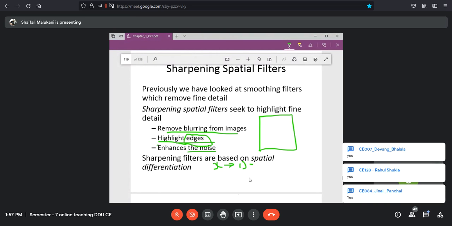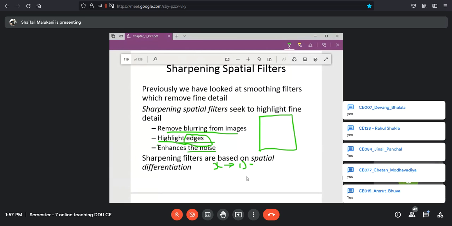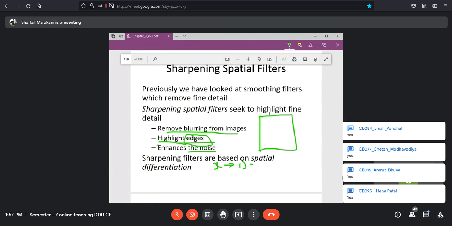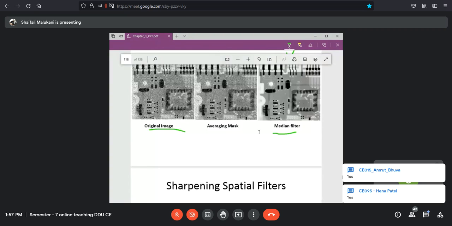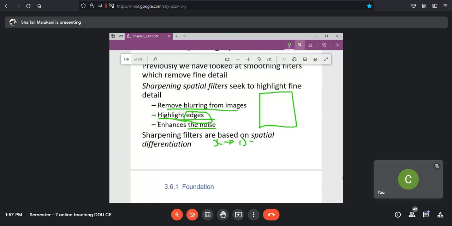Great. Okay, so what happened? Suppose it is a constant region. That means there is no edge, and at that time it should give me the value 0, and logically also it is correct, because in the constant region I don't have any edge. That's why it should give me 0 response. Okay. Now second is,